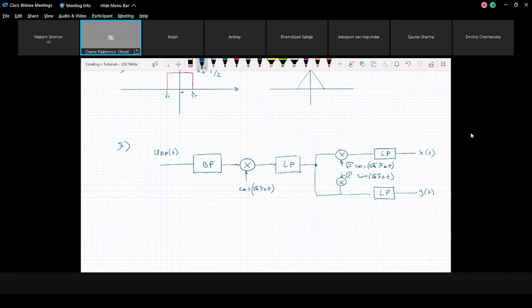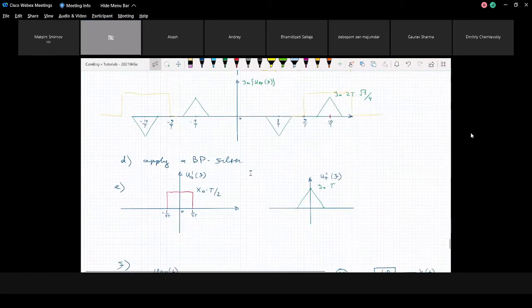Okay. More questions? No, this is not bandpass. It's a filter. It is a low-pass filter, because after transformation, after you multiply by cosine, you will have,